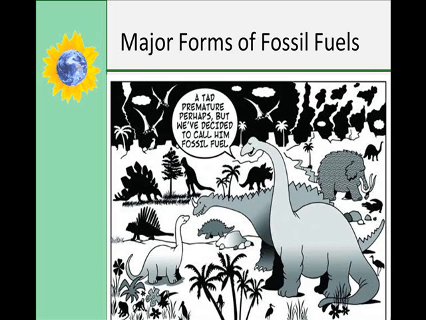Some deposits of coal can be found during the time of the dinosaurs. For example, thin carbon layers can be found during the late Cretaceous period, which was 65 million years ago, the time of Tyrannosaurus rex. But the main deposits of fossil fuels are from the Carboniferous period. Fossil fuels supply over 80% of the world's energy needs.